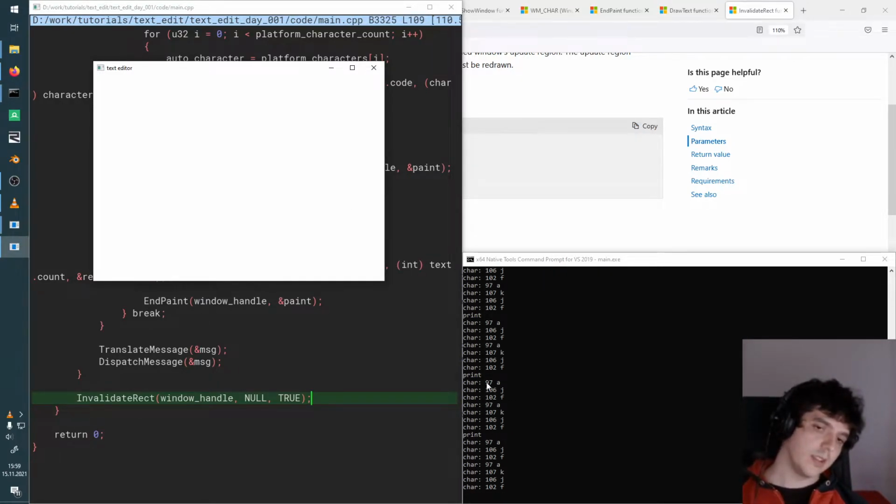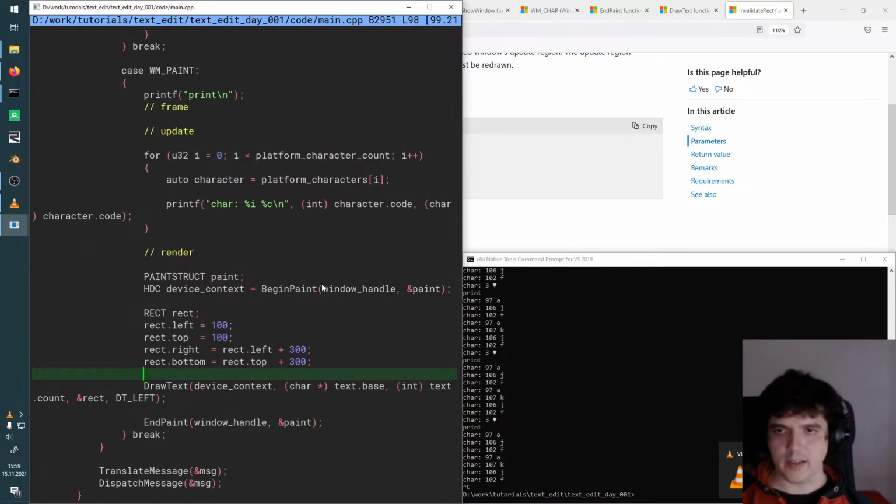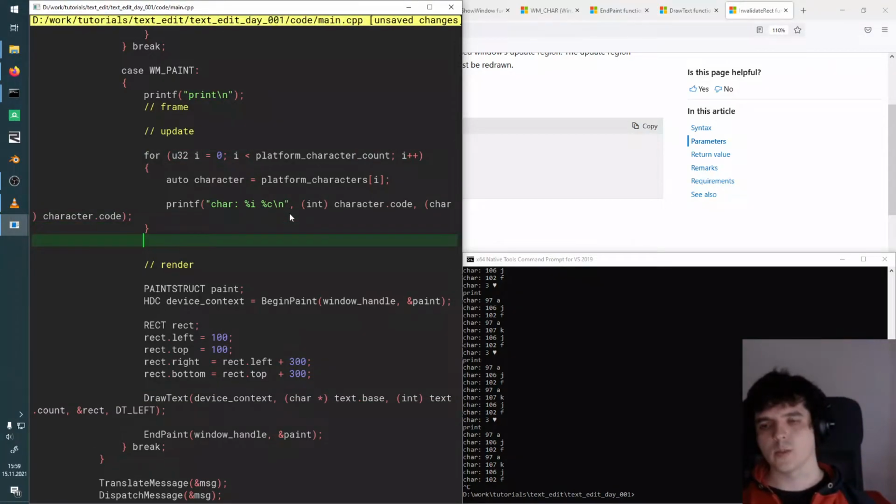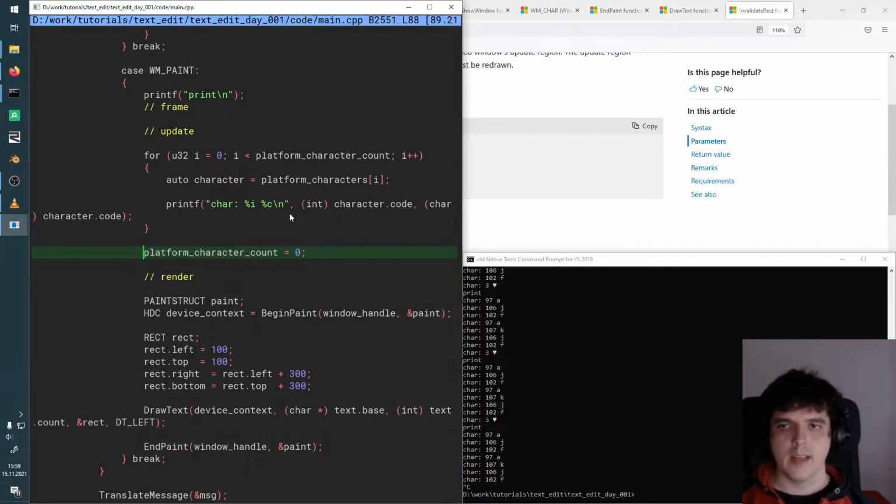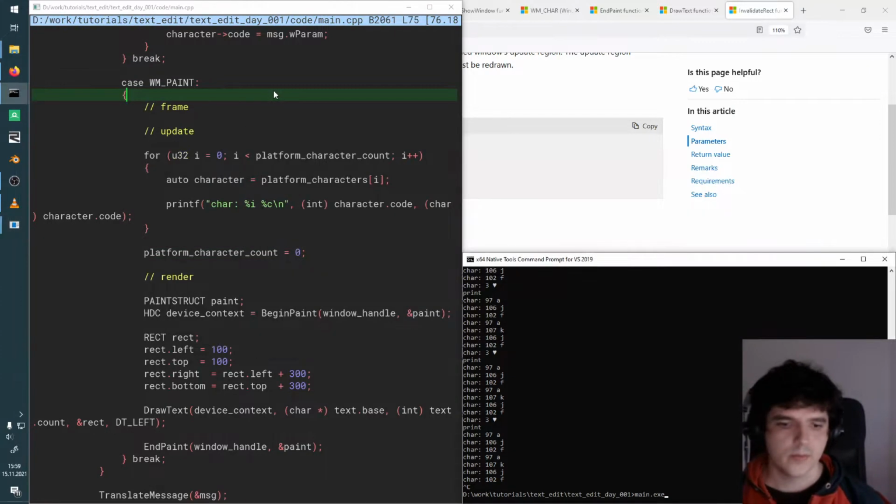And as you notice, it prints them out every time, which means we have forgotten to clear these. We have to reset the character count for the next frame, because we're only interested in what characters have been entered between two frames. And now I can remove the printf